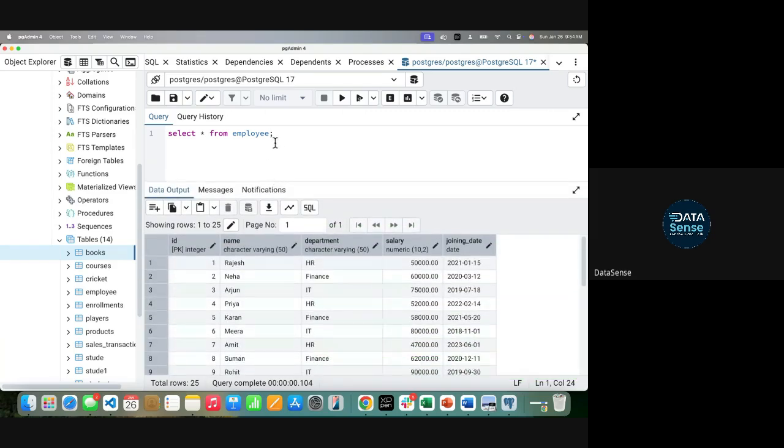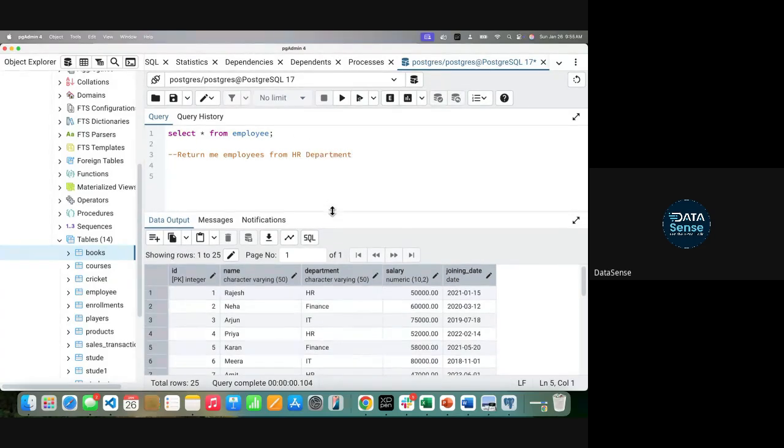Now listen to this very carefully. There are different departments. Let's say I ask you the question: return me employees from the HR department. How will you do this? What will be the query for this?